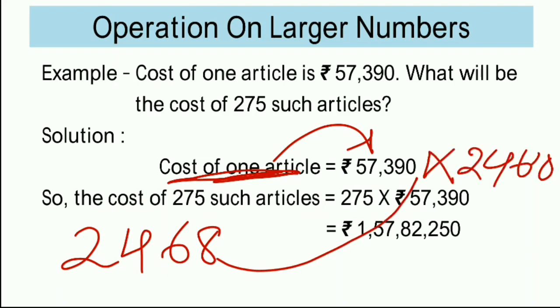So it is very easy: if you have been given the value for one and you have to find the value for many, just multiply by that number, the number for which you want to get the answer. Okay,